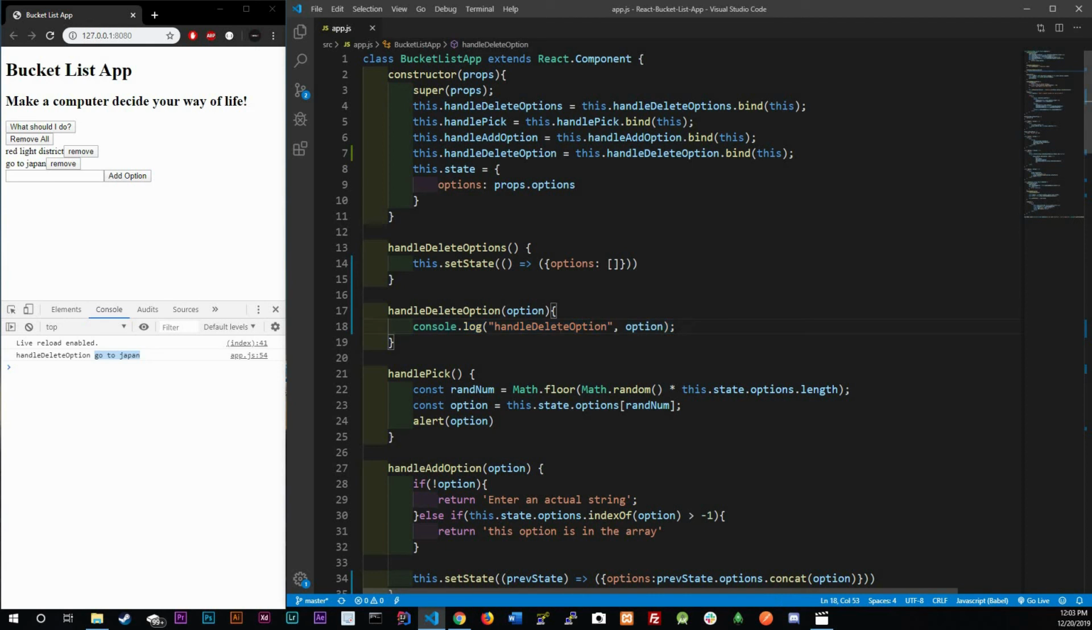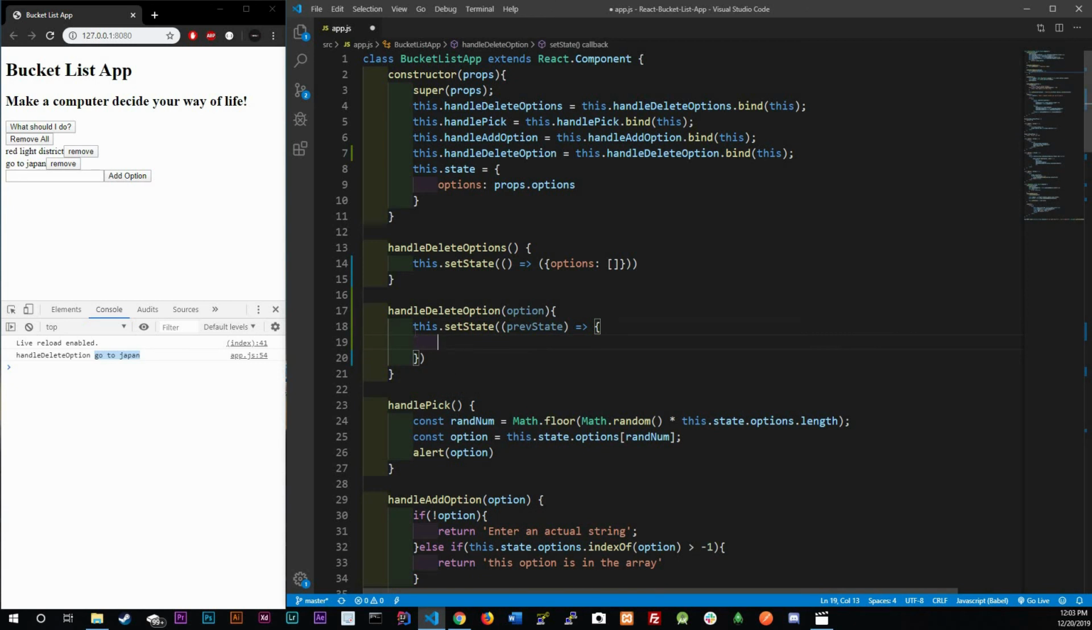To do this, we're gonna use the JavaScript filter method. I'm not gonna go into what filter is, just briefly. You already know how to manipulate the option, so this is pretty normal. this.setState, pretty simple right here. And we are gonna need access to our previous state. Arrow function, just like that, and we're gonna return